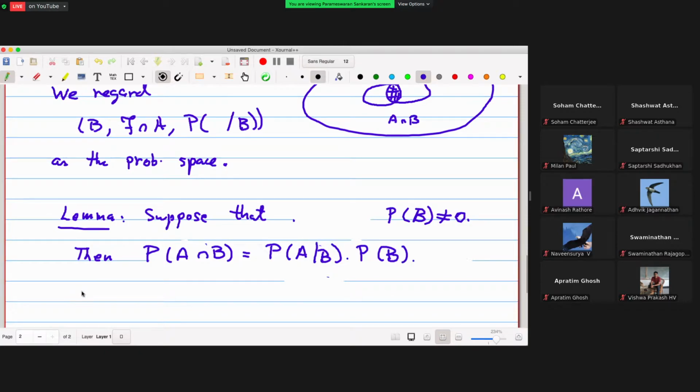More generally, the probability of A1 intersection A2 intersection and so on up to intersection AN is equal to